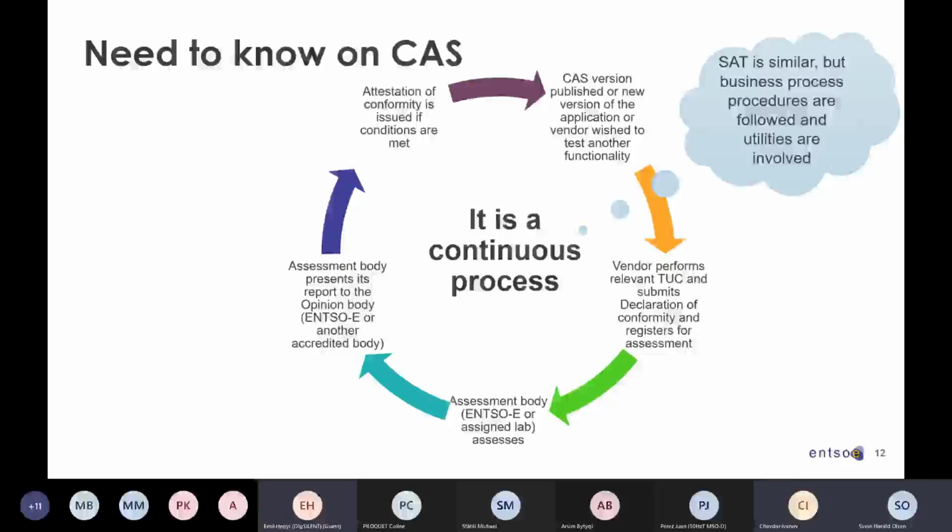Okay, thank you. And maybe just to complete, the reason to have a new version of a CASR, going maybe to 3.1 or 4, will be either, let's say, a change of the underlying standard.